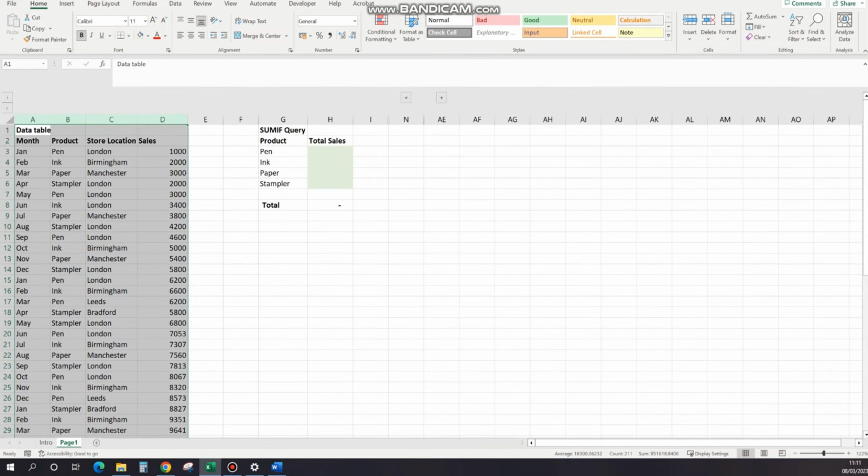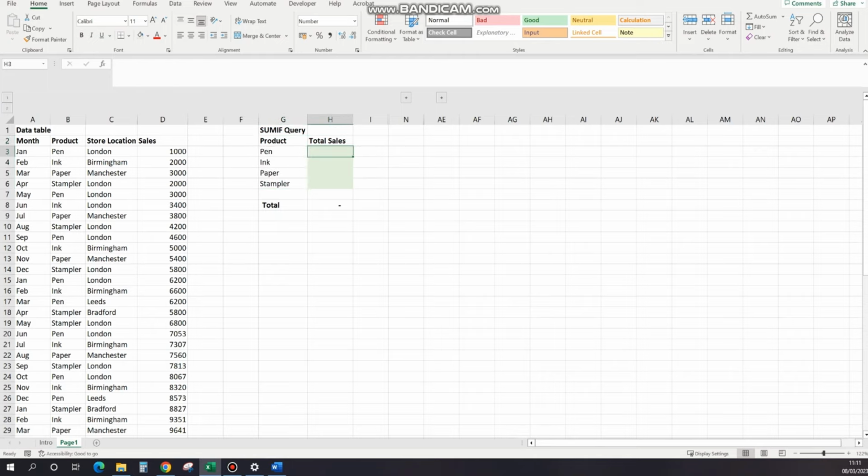to cover the data. So we've got data for product sales. We've got product name, store locations, months, and then the sale figure. In all of the queries we will run, we will be running a sum on sales. So we want to calculate how much the total sales are based on different criteria. Firstly, in this query we want to calculate total sales per product. In this case, because we have only a single criteria, which is just the product, we can use a SUMIF